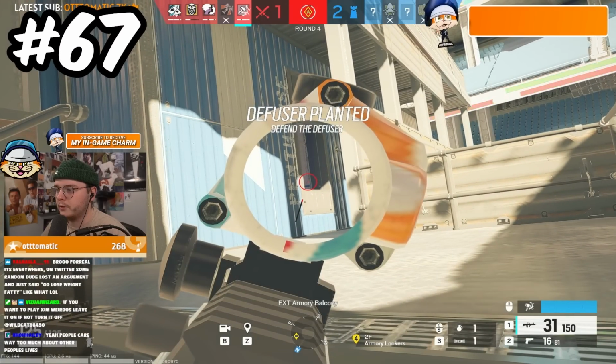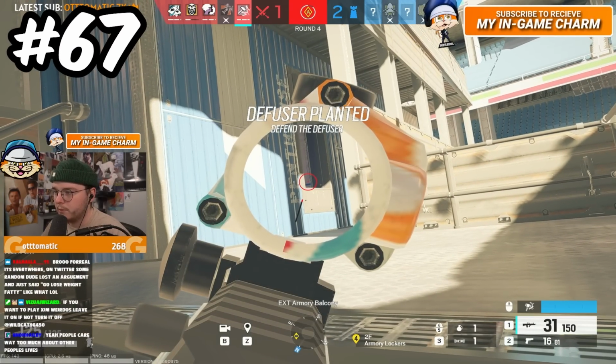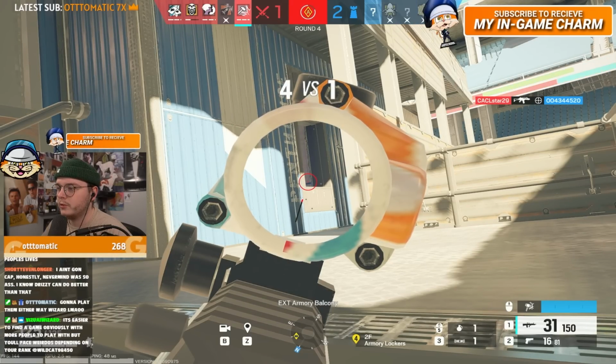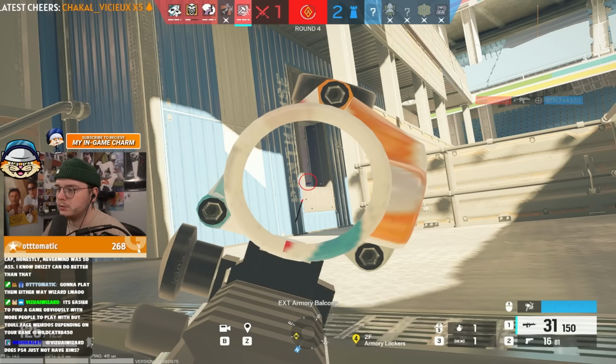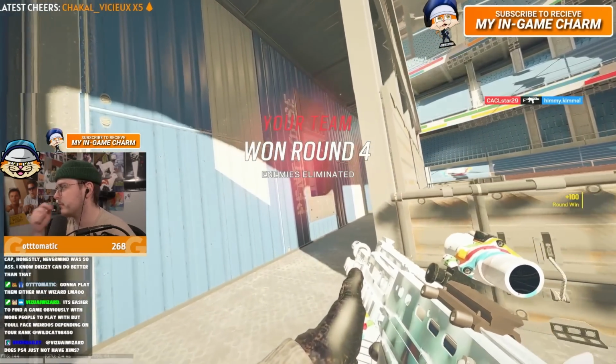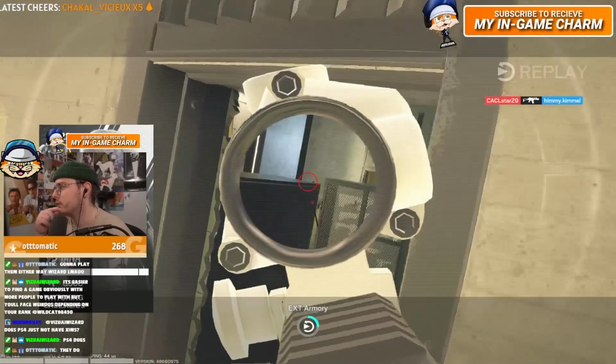Next is Warden's P10. It does have a little scope, which is a huge advantage compared to a lot of the secondaries in the game. But I'd much rather Ela's RG15 because it just feels better, to be honest, as a secondary. And I don't really use Warden that much, so...